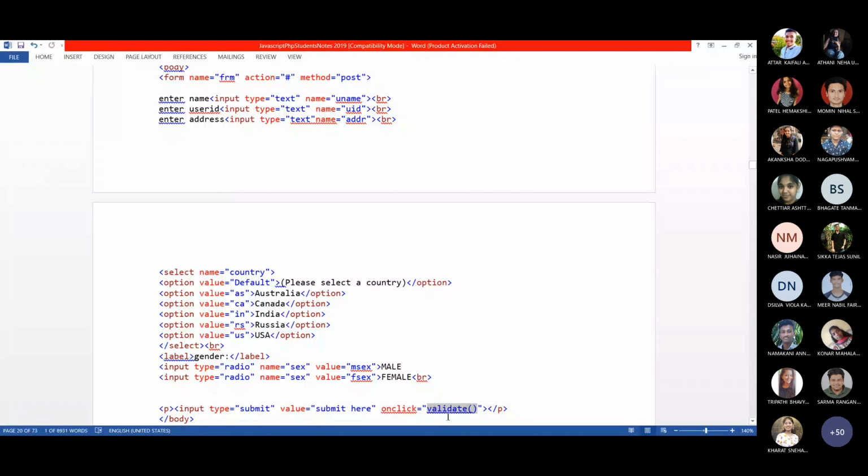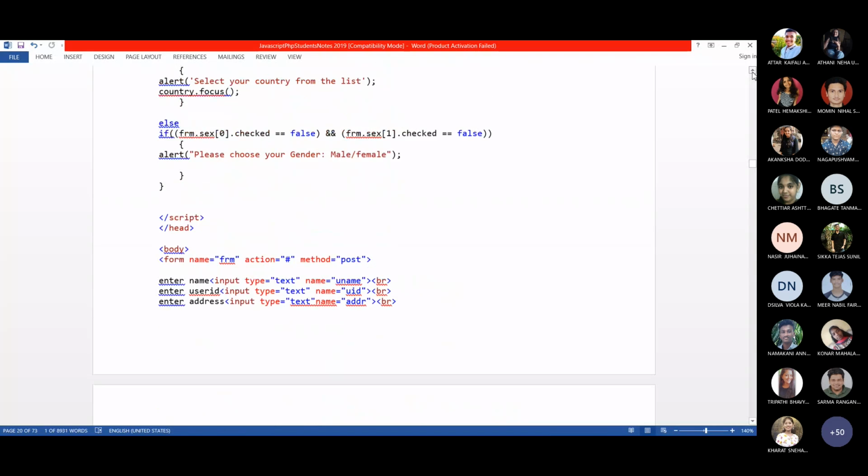I did not write it within the head tag. If I write this in the head tag, it will not work. The complete program will not work. Only the form you will get to see, because the form code you have written within the body tag. But the function call you have written in the head tag, so it will not execute. As the function call is written within the body tag, this will be executed, and this will trigger the execution automatically. It will trigger the execution of what? The function definition.